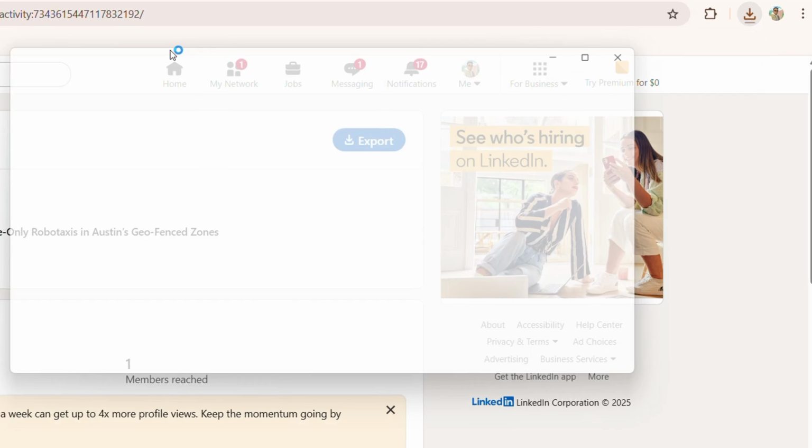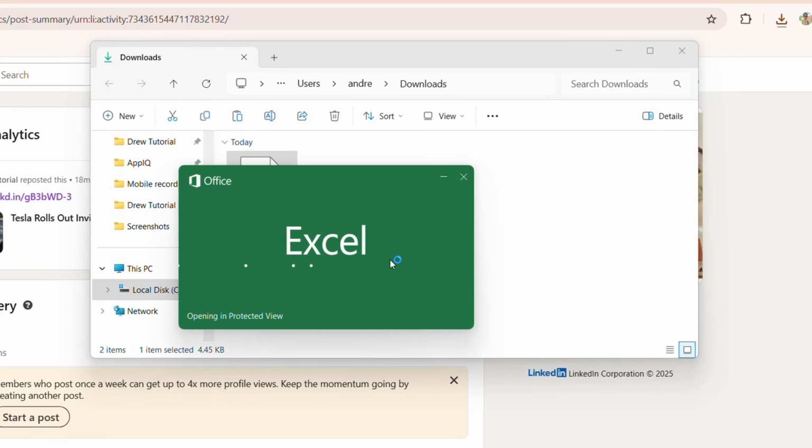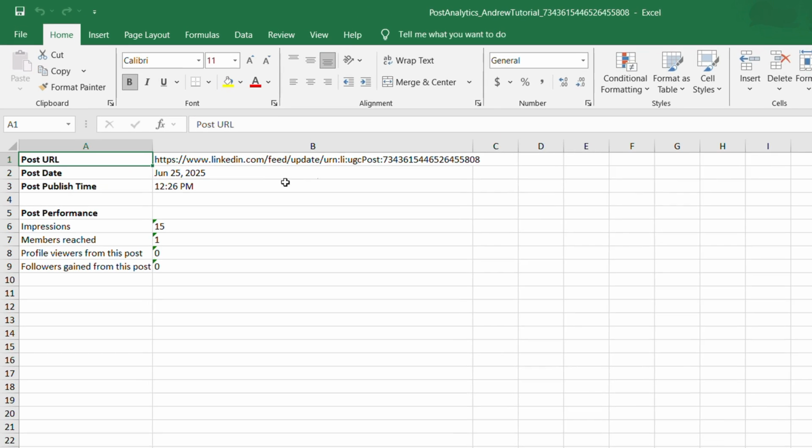As you can see, you can open up that on your PC and you can basically open it and view the analytics data there. As you can see, it's currently opening up in Excel, and I'm going to show you what you actually get. So once you open that, as you can see, you get the link to the post